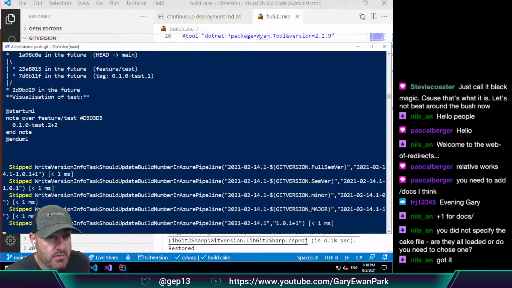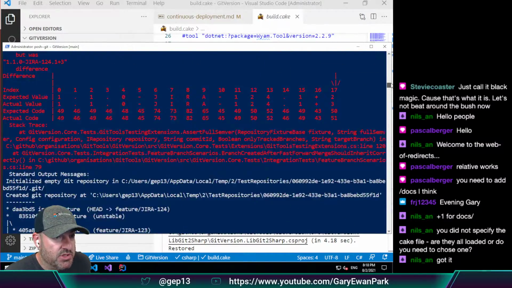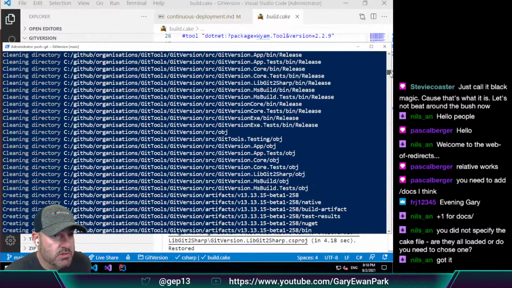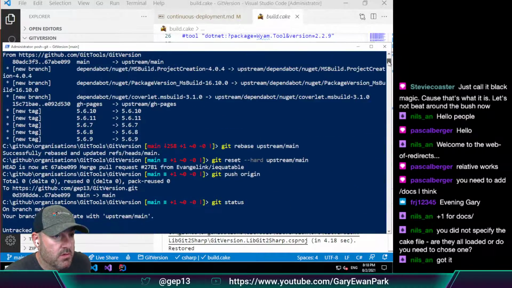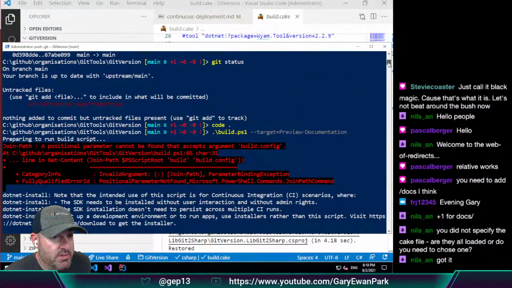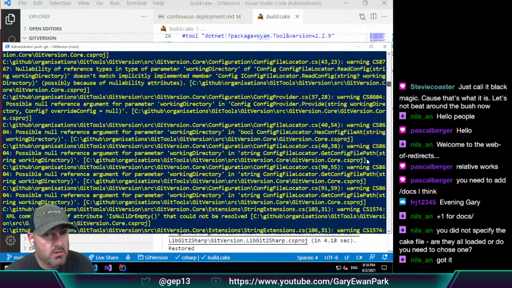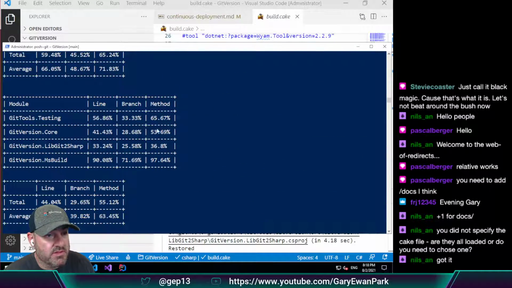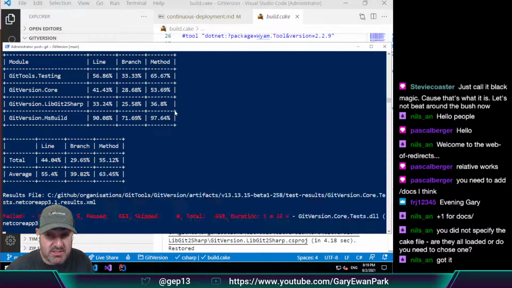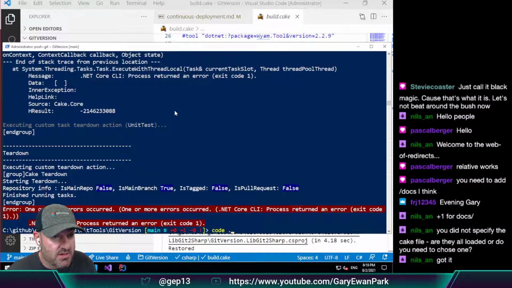But I'm wondering about the error that it initially had, which was a positional parameter cannot be found that accepts the argument build.config. Build.ps1 build config. I think this is going to bomb out on the unit tests not passing, but like I said, I don't necessarily care about the unit tests now, because what I'm worried about is the